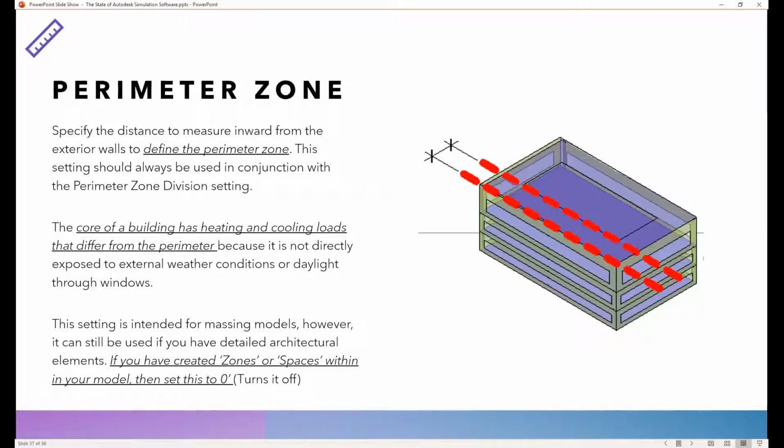However, definitely use this, leave this on, fine tune it. If none of your rooms or spaces are greater than 10 feet, then you probably want to set the zone anywhere from 6 to 10 feet, kind of within a range. However, if you have created thermal zones or spaces within your model, then set it to 0 feet. That's how you turn it off. If you don't, it's going to not necessarily overlay, but kind of combine and mesh with what was currently